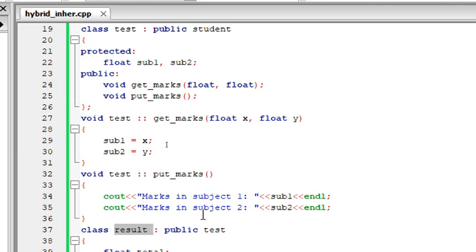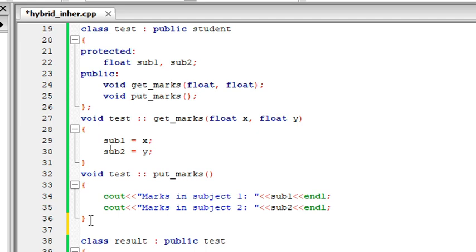So I'm not going to change anything in the previous program, same as it is what we have done so far, we keep as it is. Only thing is I'm going to add one more base class, that is before this class result I'm going to introduce a class called sport. That's going to be a pure base class,